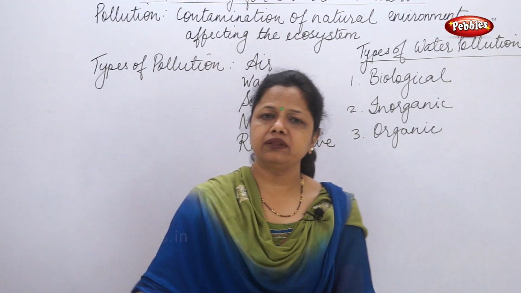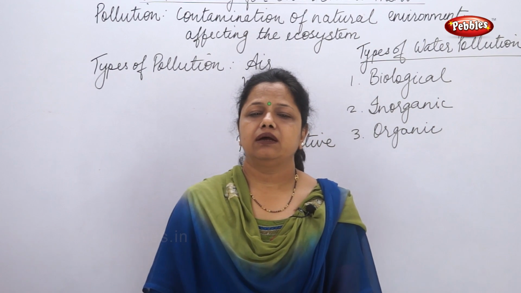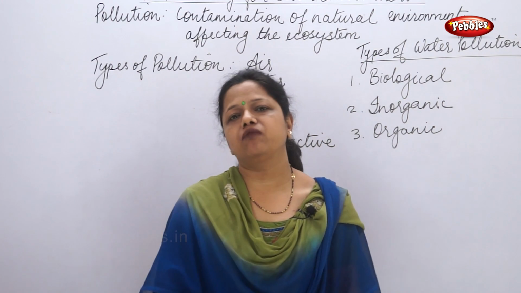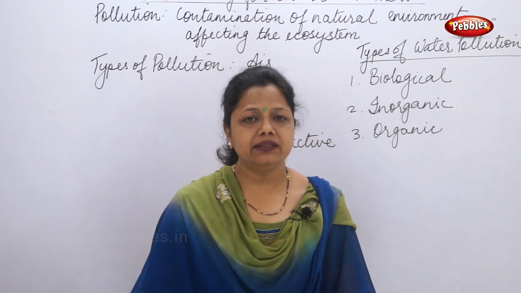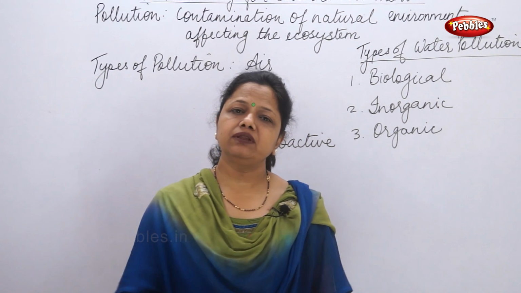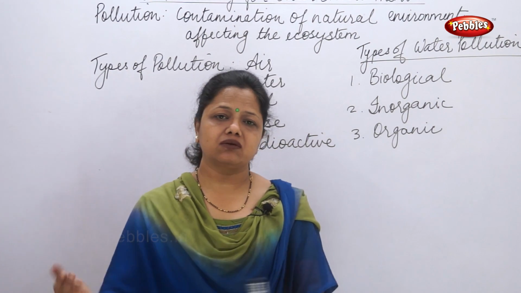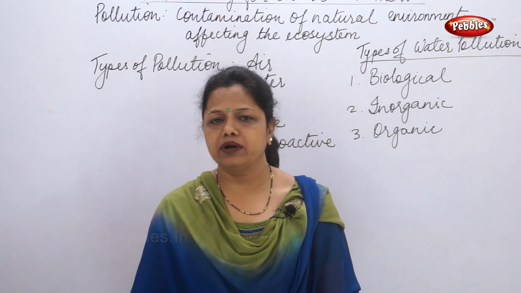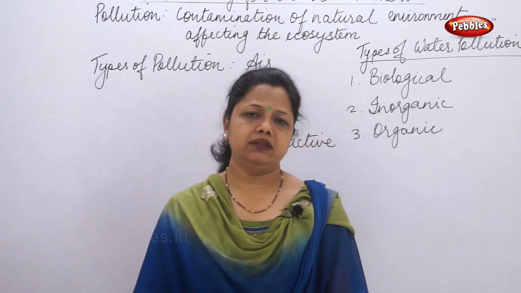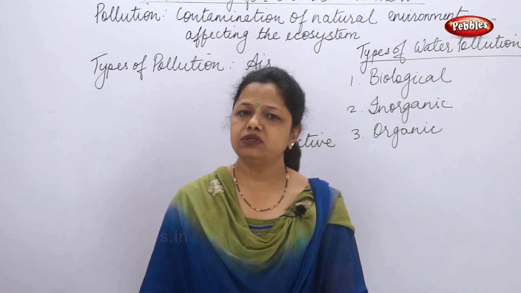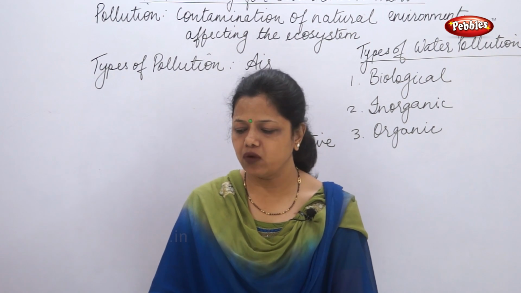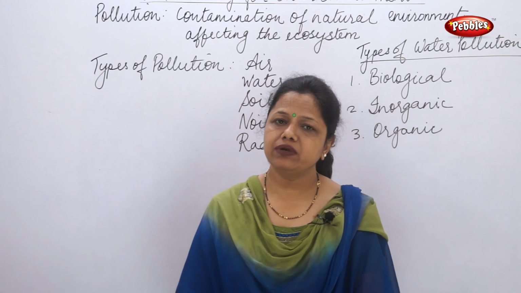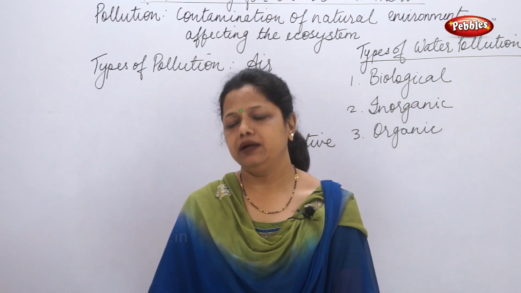Now, when we are watering the plants, this soil has water, and the chemicals which we are adding get mixed with the water. And when the water is flowing away, this is called agricultural runoff, it finally gets mixed with some water body. And when it mixes with the water body, it causes pollution. So this was the fourth man-made source because of which water pollution can take place.